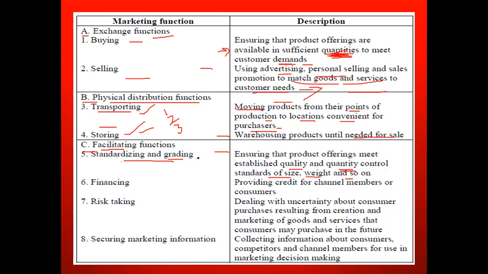Grading means similar items are graded: big, small, very small, medium, large, very large. For example, with firecracker rockets, how do you grade them? Very small rockets, medium rockets, large rockets, very big rockets. Flower pots also, you take small, medium, large, and jumbo sizes. Like this, you grade them and give standardization. What's the meaning of standardization? It relates to quality and quality control.